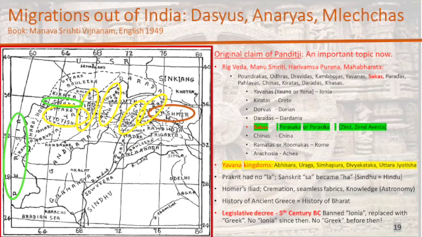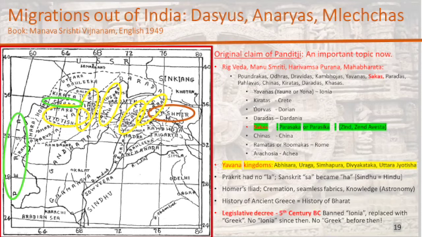So I-O-N, it could be pronounced as ion, it could be pronounced as Iona. So the point is, Ionia refers to the region that was colonized by the Yonas or the Yavanas. And this is a direct correlation. These are the anglicized names of the tribes that colonized these regions.